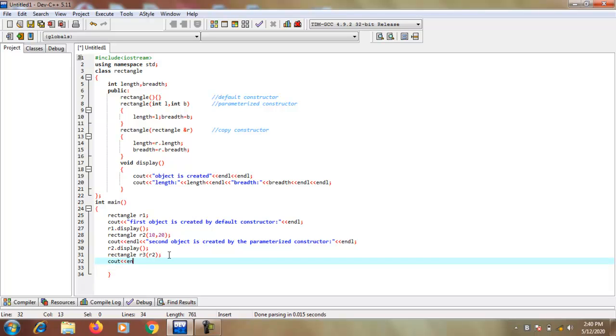So first write endl and then write "third object is created by copy constructor."